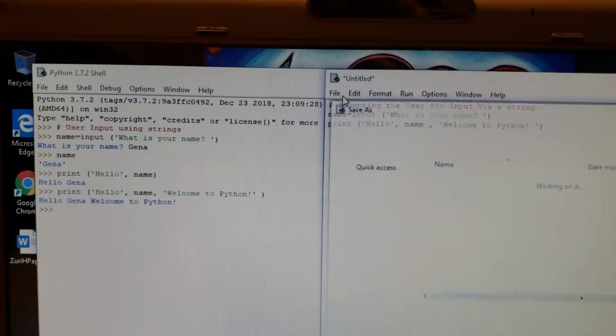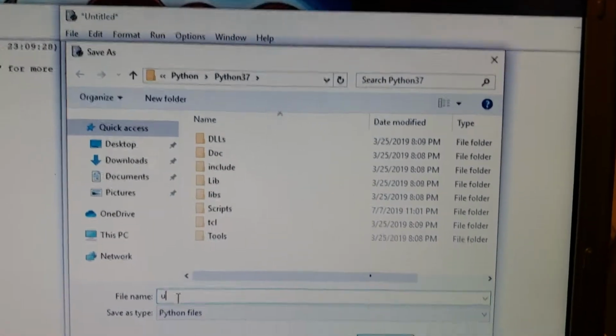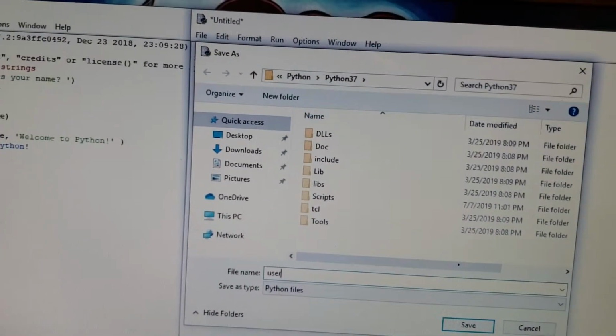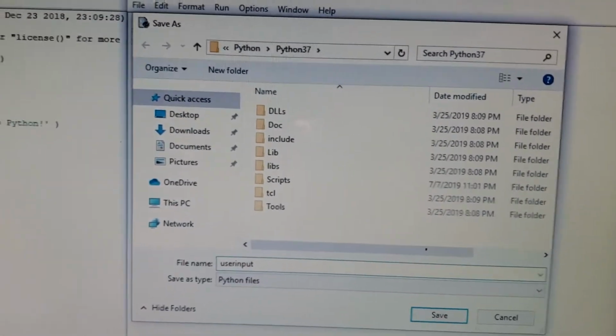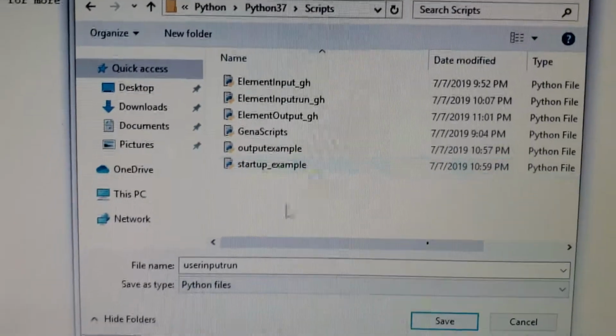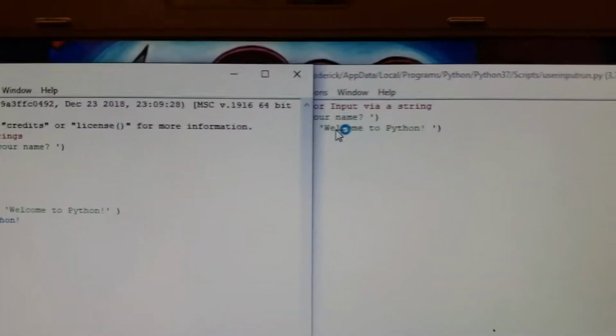It wants me to save it first, and I'm going to call it user input run. I'm going to put it in my scripts and save. So now that's what it's called. So now it's going to go ahead